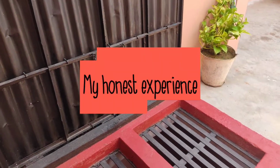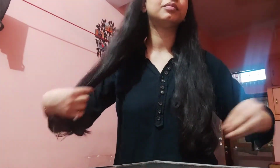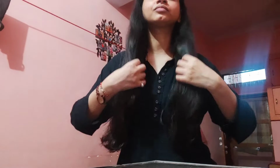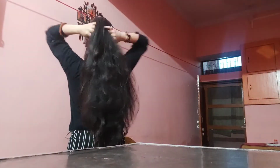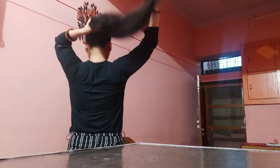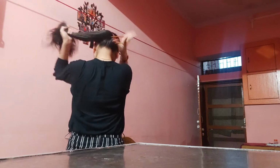So it's that easy. So now coming to my experience, it's been almost 2 months since I started using these shots, and the difference that I can feel in my hair is that previously when I used to run my fingers through my hair, I would get a lot of hair in my hand. Okay, but that's definitely not the case nowadays, which is actually a positive sign. I will not say that my hair fall has stopped completely. No, I am still facing hair fall issues, but it has definitely reduced a bit, which is good,